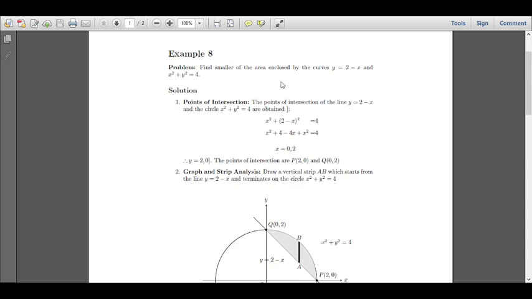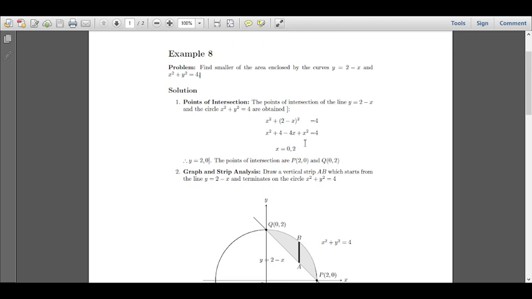So basically our region is bounded by more than one curve, the straight line and the circle, so it must have points of intersection. So how to find the points of intersection? You can substitute one expression into another expression so that we can find the value of one variable, either x or y. Since y equal to 2 minus x, substitute in the circle equation, we will get x square plus (2 minus x) whole square equal to 4. So expanding, this is x square plus 4 minus 4x plus x square equal to 4.